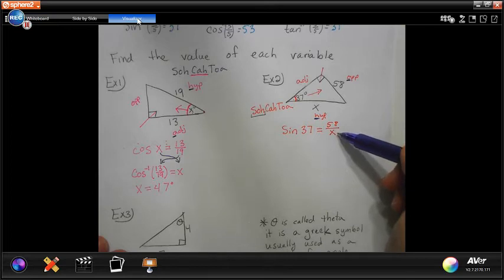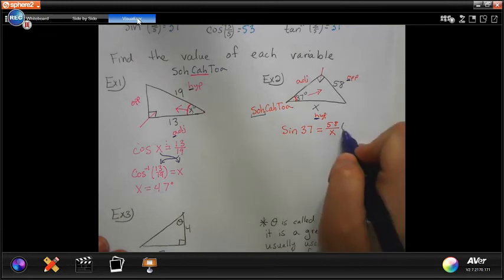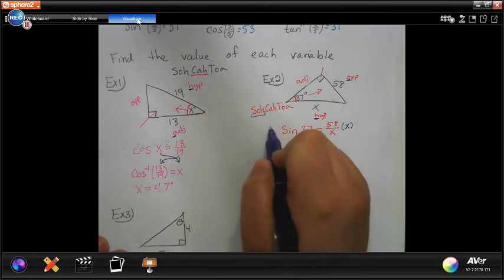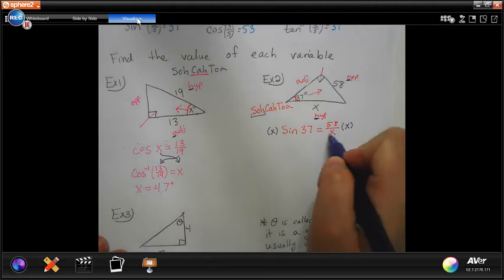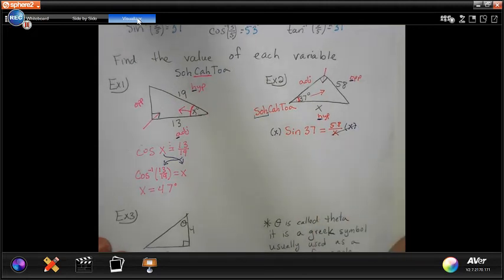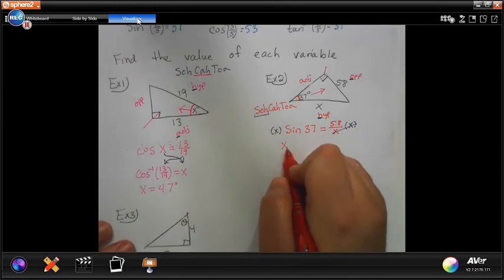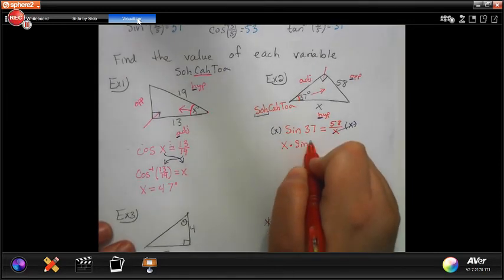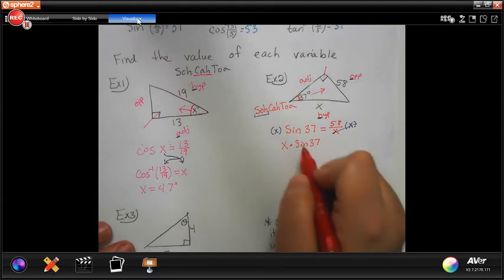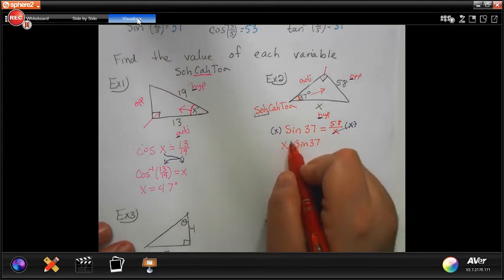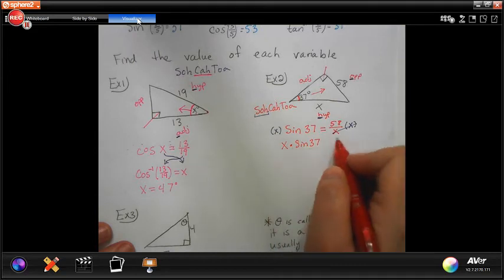But we can't have x in the denominator. So to get x out of the denominator, we multiply both sides by x. That cancels out and we get x times sine of 37. You don't split those two up. The x doesn't go after either because it's not part of the sine, so it's x times sine of 37